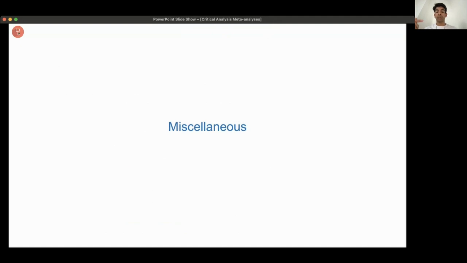The heterogeneity will just tell you how much you trust the sensitivity analysis and whether it was appropriate to include or exclude those studies. So I hope that helped answer those questions. If not, do put it in the chat and I'll try again in a different way. But for now, I don't see anything. So I'm going to carry on, and if there is anything, we can come back at the end.